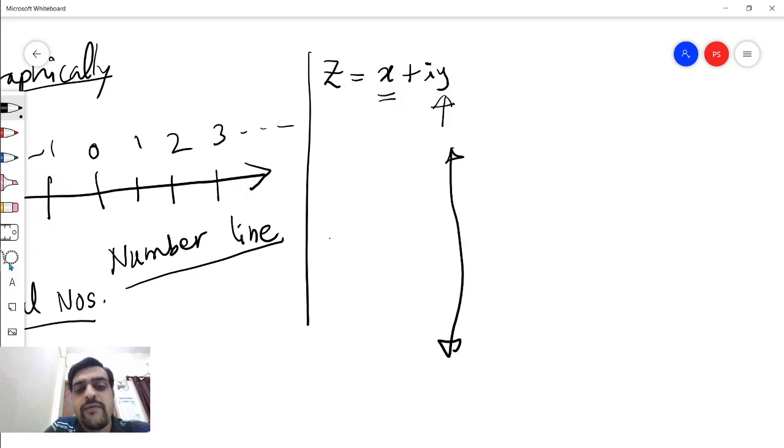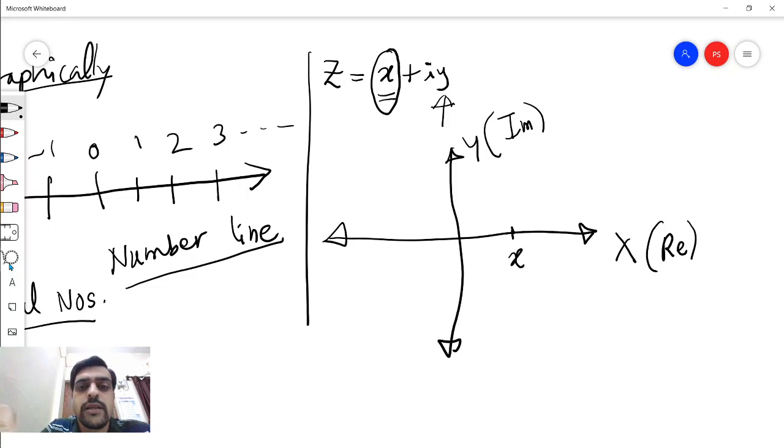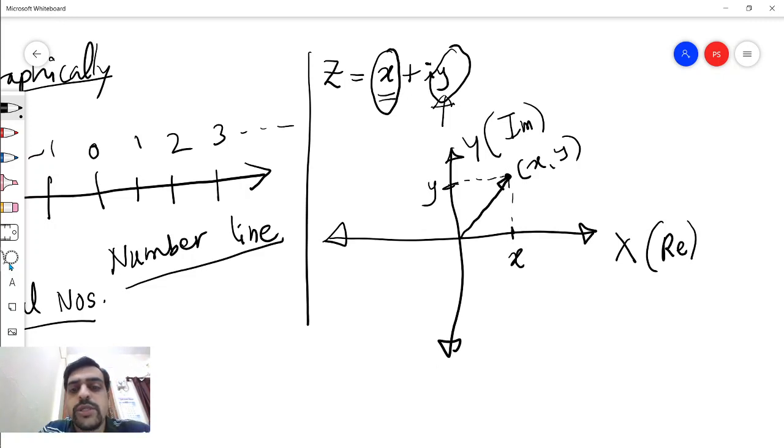This can be done in the following way. We will put a graph having two axes, x and y. We call the x axis the real axis and the y axis the imaginary axis. Now the number corresponding to x will be marked on the real axis. The number corresponding to y will be marked on the imaginary axis. Now by joining these two coordinates x and y, we can get a point in this plane and we can draw a position vector